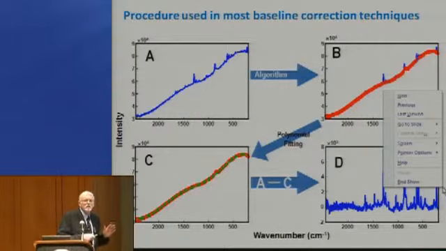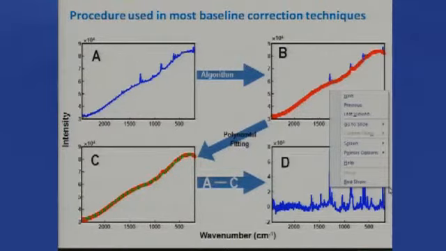Let's see how baseline correction techniques are typically applied. You have a spectrum with a bad baseline. This happens to be a Raman spectrum, and it's noisy. You've got some algorithm which calculates a baseline. You subtract the baseline from